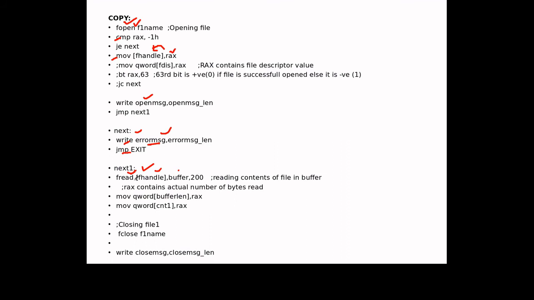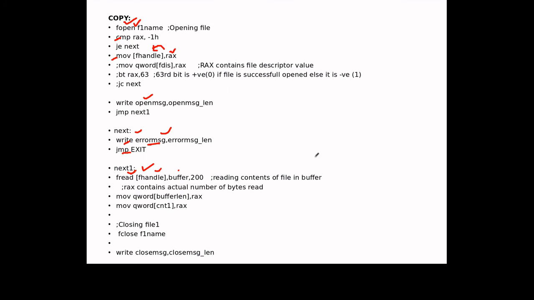When fread is executed, it reads the file content and the actual number of bytes which that file contains. See, this buffer length is 200. We have taken it as lump sum memory. But that file may contain 20 bytes, or 10 bytes, whatever I have written there. So consider that it has 20 bytes.